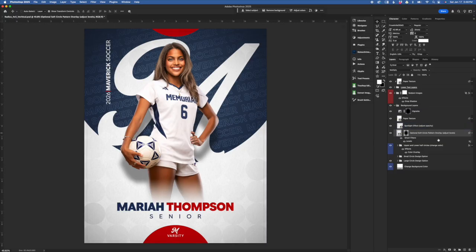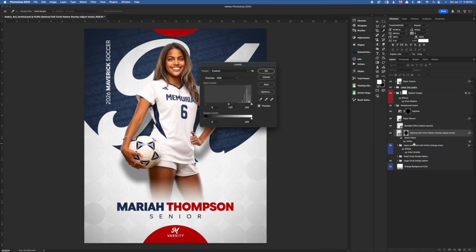optional soft circle pattern overlay. Now it says adjust levels. You'll see there's a levels smart filter on it. So it's very subtle. You can see the darkest one here. You can see a little bit here. So maybe you want it to be a little more prominent. If you double click the levels here,